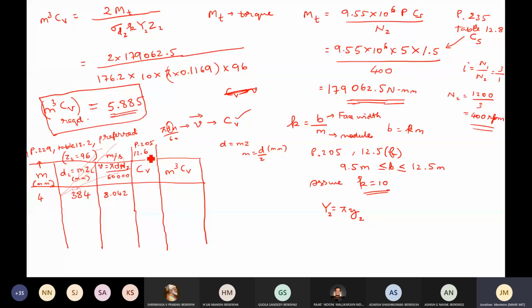So page 205, equation 12.6, it's a series A, B, C, D. Any one you have to choose here. So let us choose something. I think we have just crossed 8. Of course, you can use 8 point, it's very close to 8. You can use the first one itself, A1, or if you have any doubt, you can go for the second one.